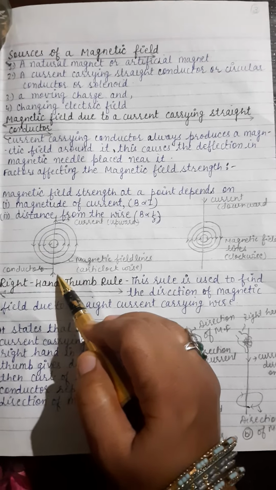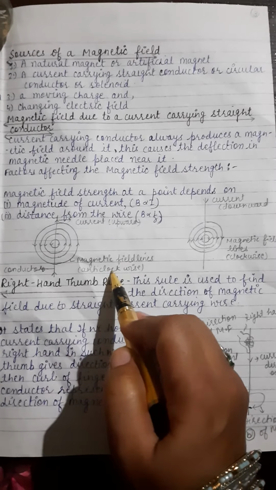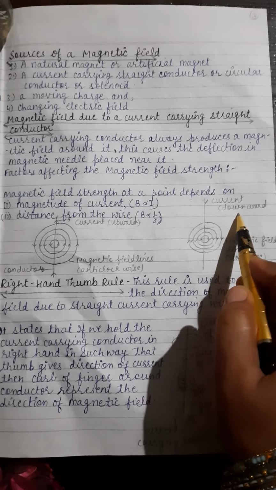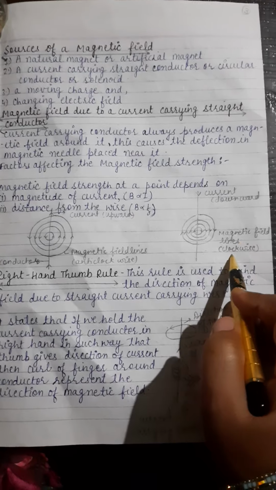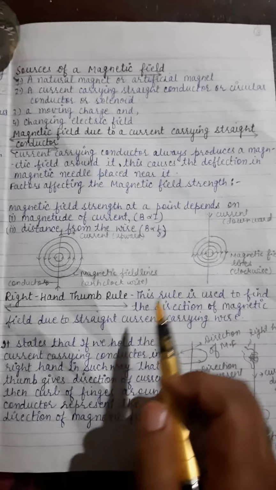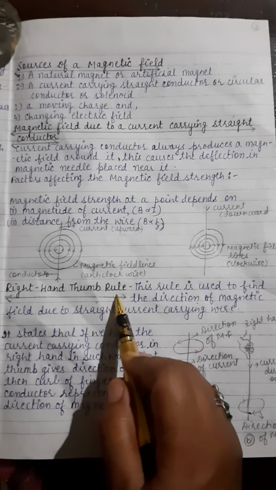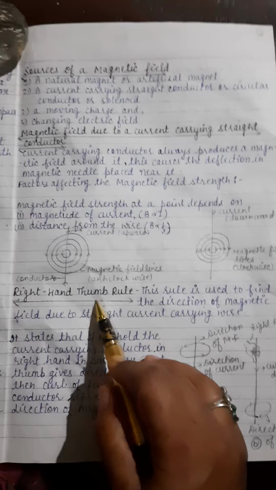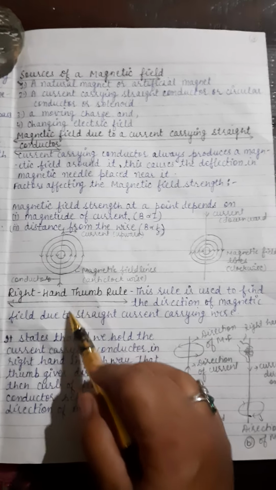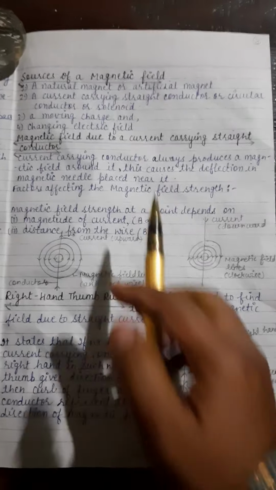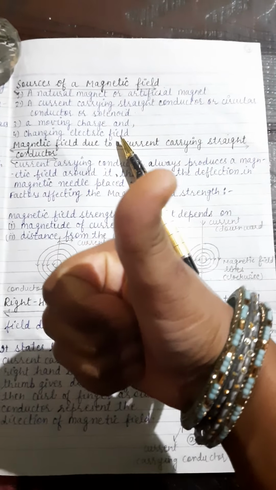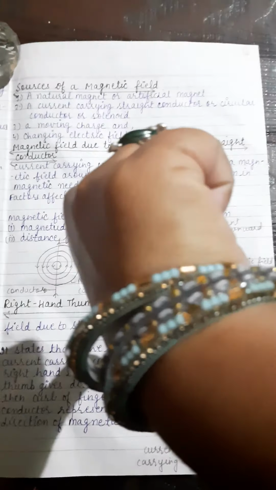Okay, now let's see. For a current in upward direction, the direction of the magnetic field is anti-clockwise, and for a current carrying straight wire in downward direction, the magnetic field direction is clockwise. Why is it so? For the direction of the magnetic field, we use a rule called the right hand thumb rule. Here we take the thumb as the direction of the current of a right hand. So let's see how the right hand works. Suppose this is our right hand.